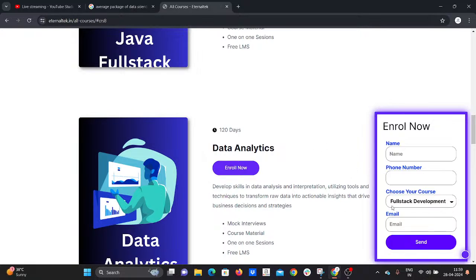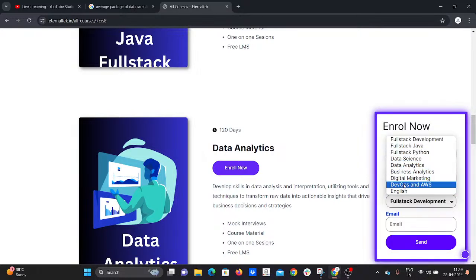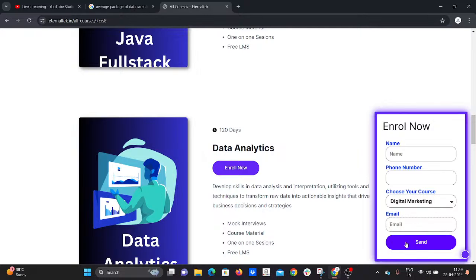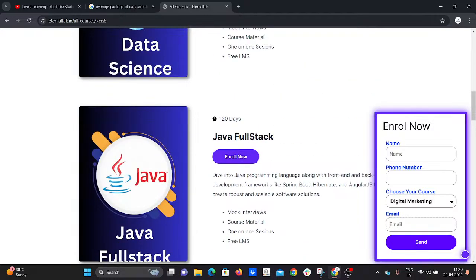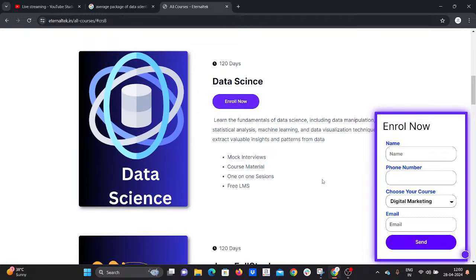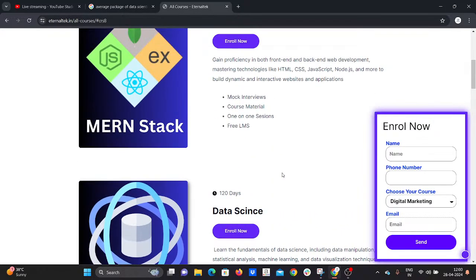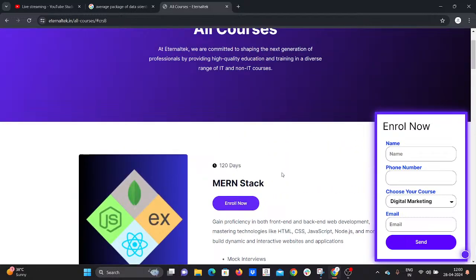You enter your name, phone number, and choose which type of course you are looking for, like digital marketing, and provide your name, and send it in. Within a short time, our counselors will connect with you and discuss everything. The prices are very affordable, so everyone can afford them.